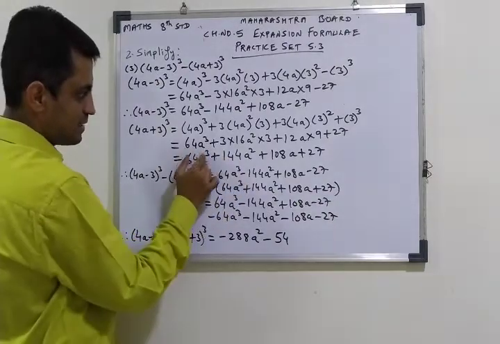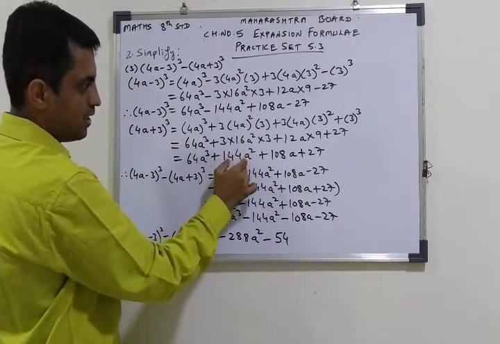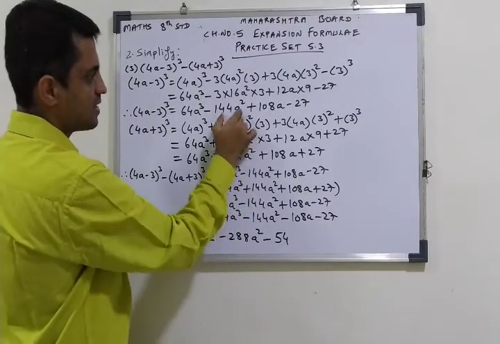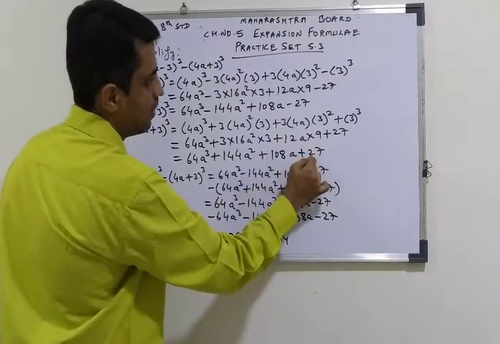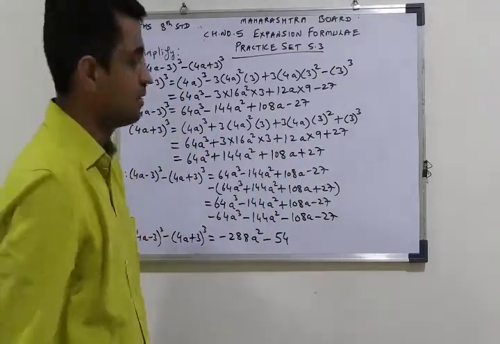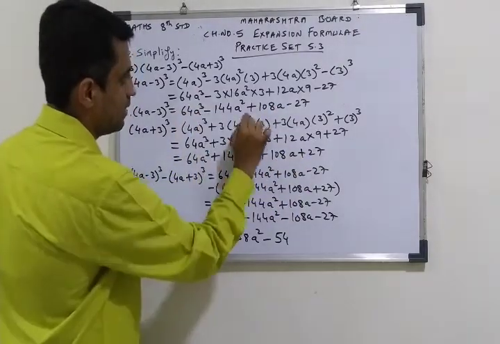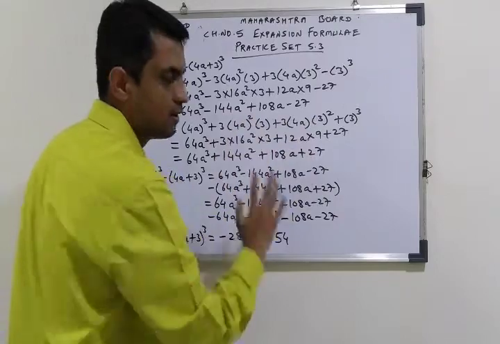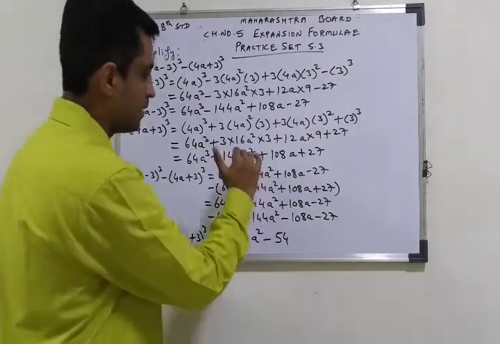Now let us multiply this as it is. We multiply here: 16 into 3 into 3, 144a square, same. See, the answers are coming the same if you see here. All the answers are the same. Only the sign changes. Remember, in all the sums this happens. The same part will come here, but you should be careful about this sign. Remember this sign. The sign should be taken care of in the second part.